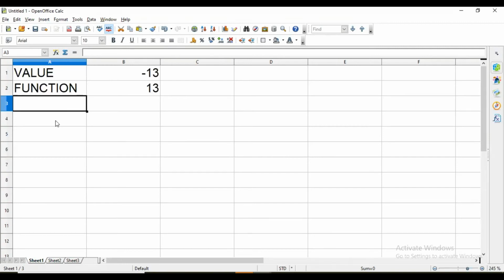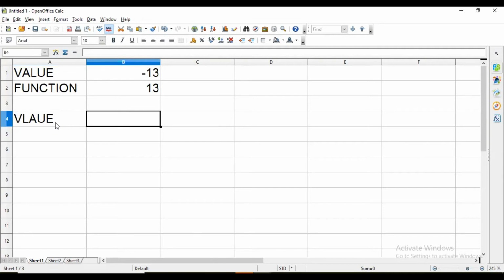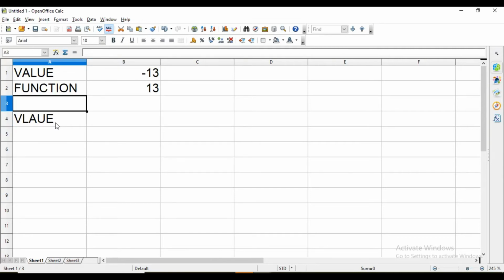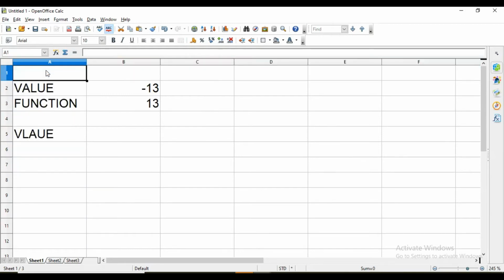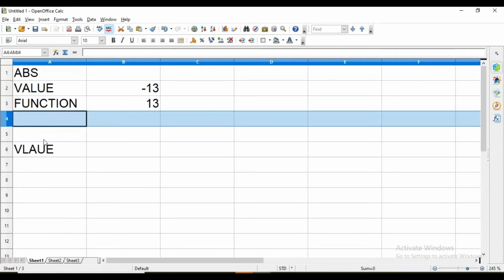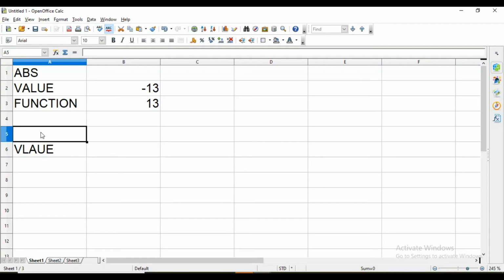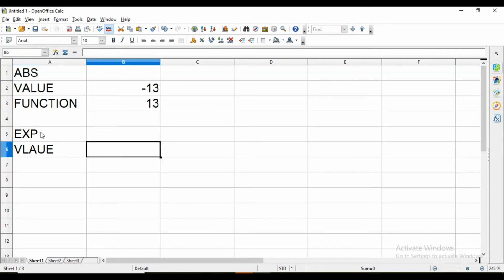Now exponential function. Now here value, I'm going to write name of function that we are going to use there. Now here we are using EXP, that is exponential value.